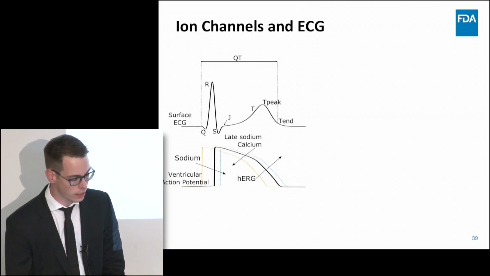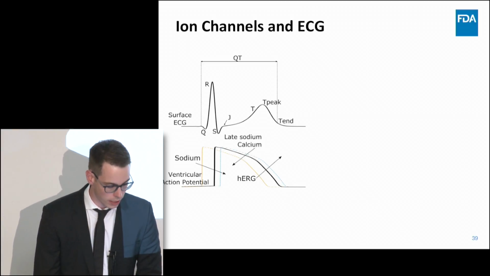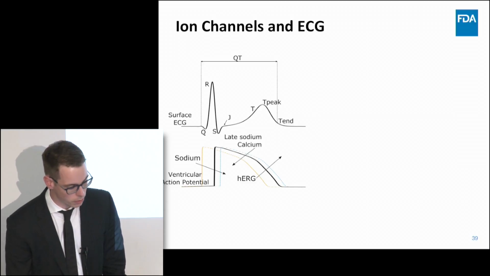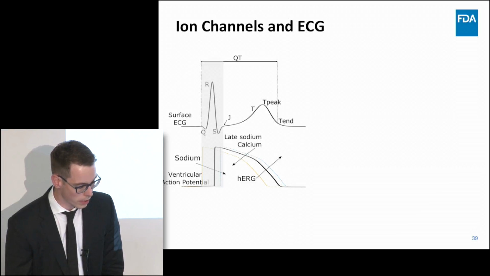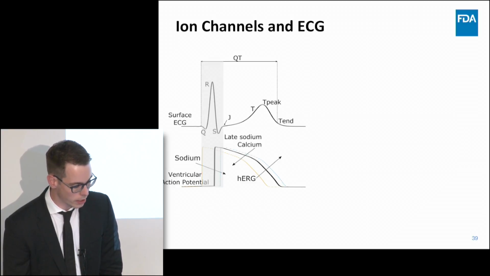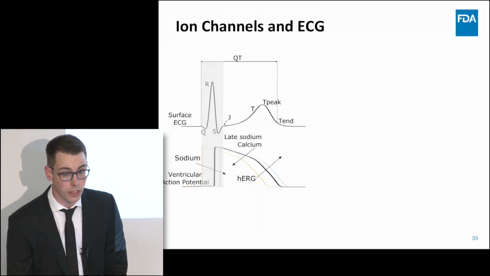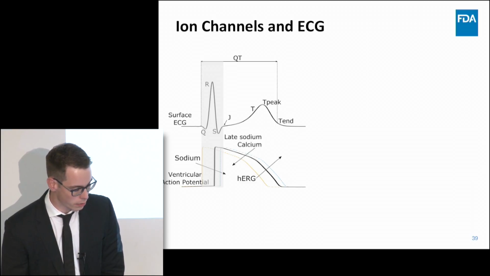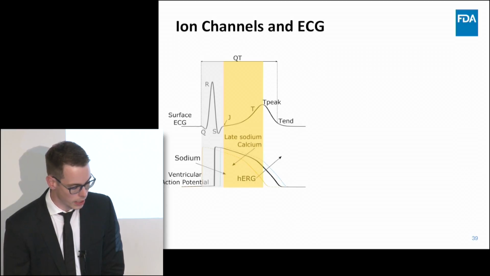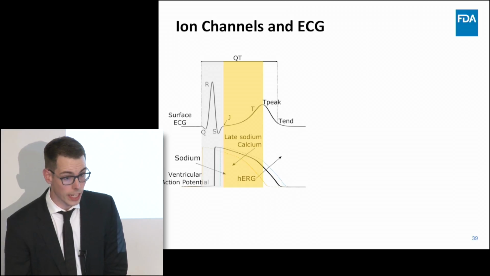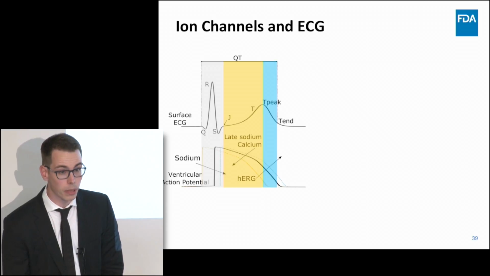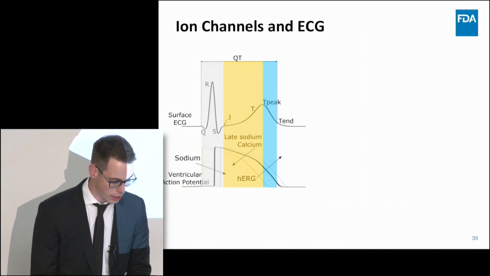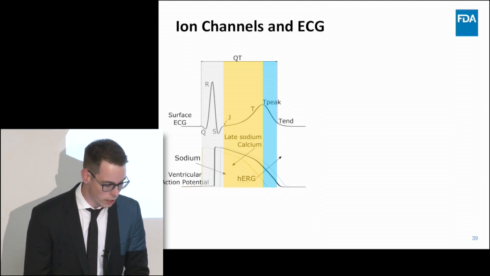So what you'll see on this slide is on the top a surface EKG with the QRS complex, the J point, and the T wave with a cardiac ventricular action potential below that. So what we can see is that the QRS complex is mainly made up of the rapid upstroke of the cardiac action potential with an influx of sodium. Then the J to T peak interval is mainly made up of the plateau phase of the action potential and late sodium and calcium influx, while the T peak to T end part is made up of the repolarization phase of the cardiac action potential with hERG potassium